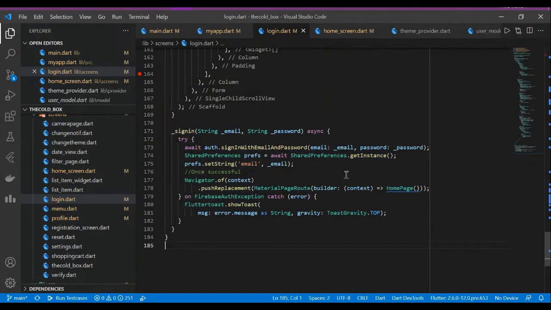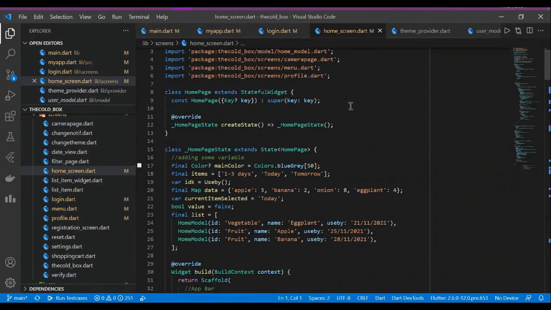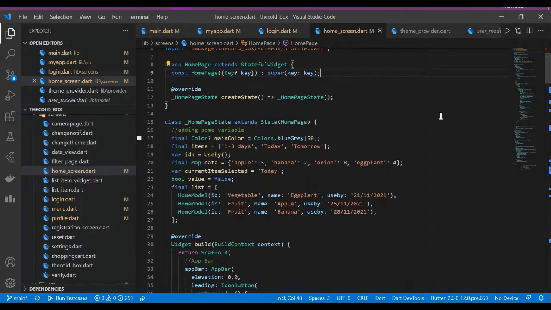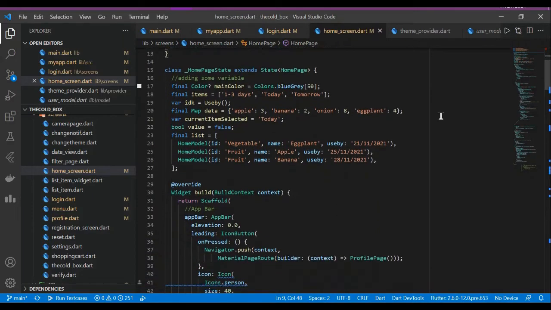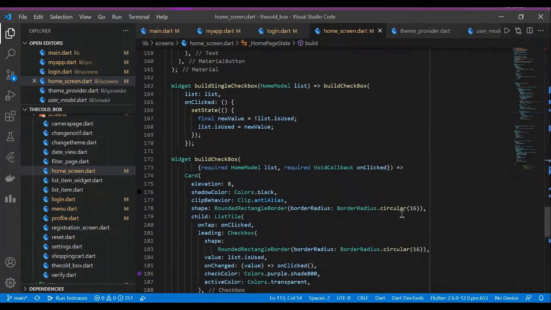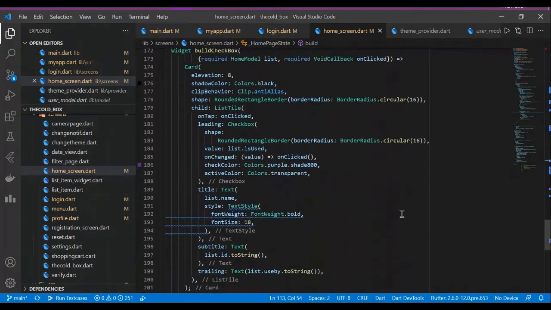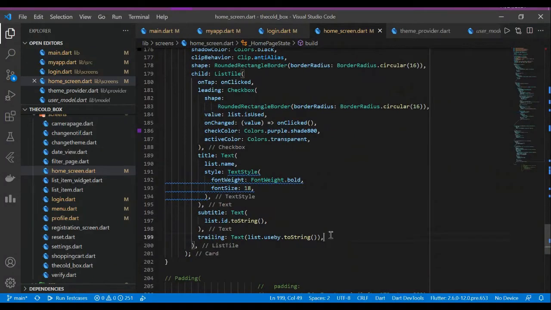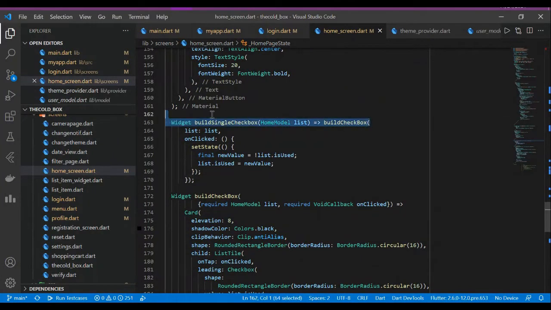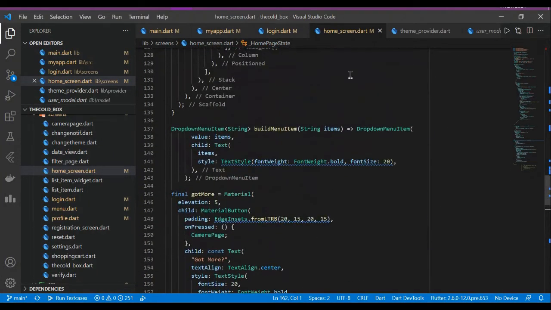After you sign in, you're shown the home screen, in which again you have the UI code for all the beautifying of the web app, along with a list view which shows you a list of fruits and vegetables in a list tile, which is a part of Flutter. And we have integrated that with a checkbox function which shows its name, ID, and the date it is supposed to perish.